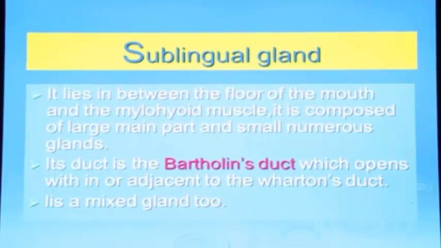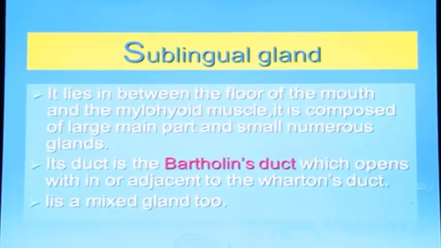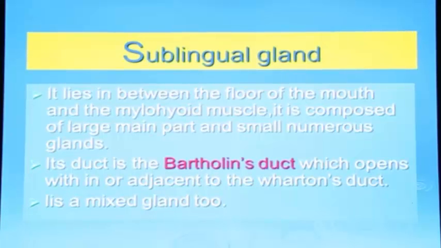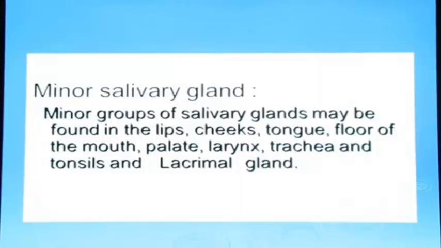It is composed of a large main part and small numerous ducts. It is known as Bartholin's duct, which opens adjacent to the Wharton duct. It is a mixed gland. Minor salivary glands, there are minor groups of salivary glands, may be found in the lips,